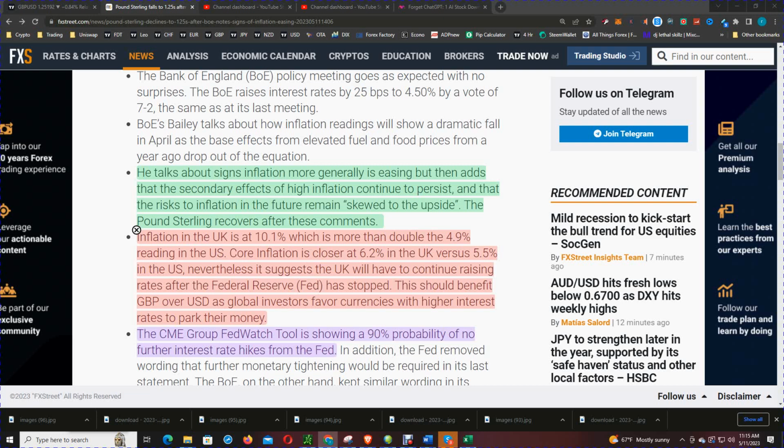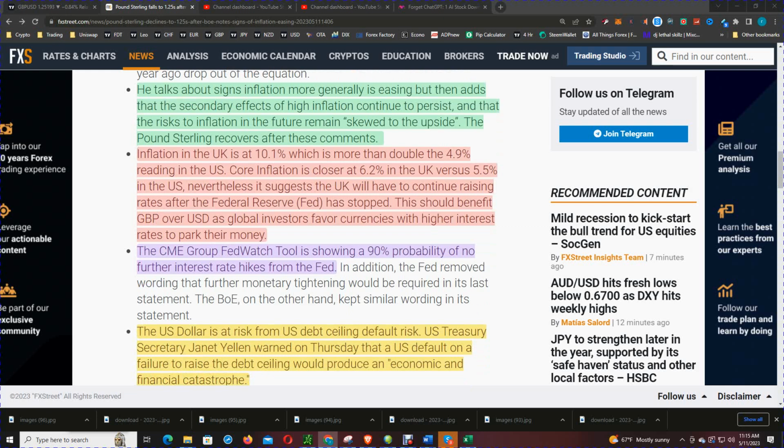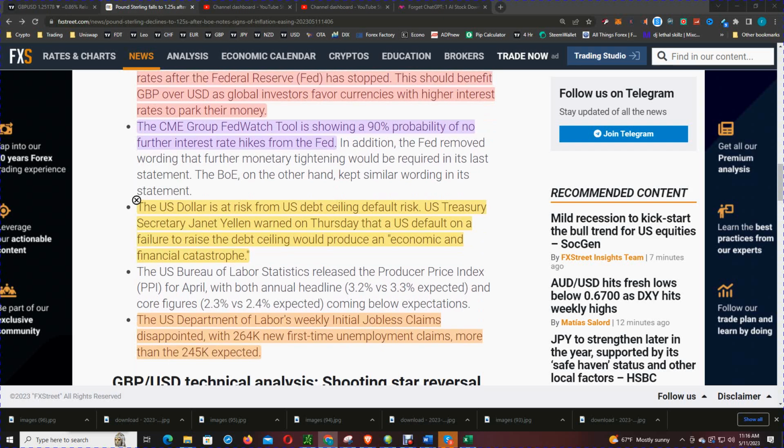Which is closer to 6.2 in the UK versus 5.5 in the U.S. Nevertheless, it suggests the UK will continue to raise rates, and after the U.S. Fed has stopped, the CME Group FedWatch tool is showing a 90% probability of no further interest rate hikes from the Fed. So the UK is saying they may have to continue to raise rates because inflation is higher than the US. And according to this FedWatch tool, it's stating that more than likely there will be no more Fed rate hikes. Then you have the debt ceiling weighing on the dollar,